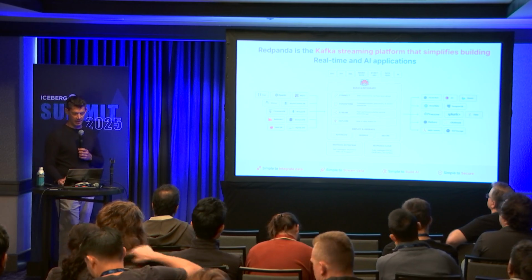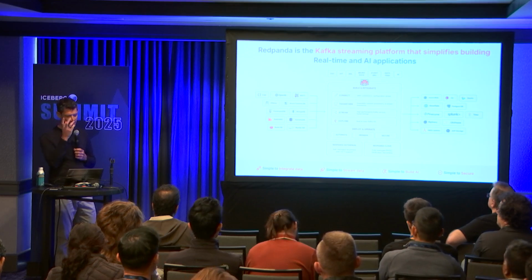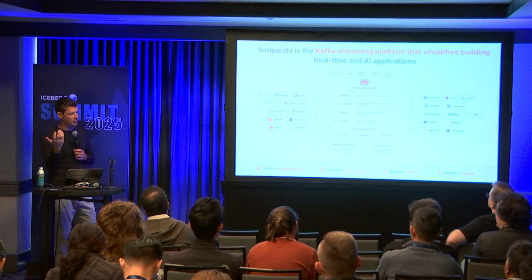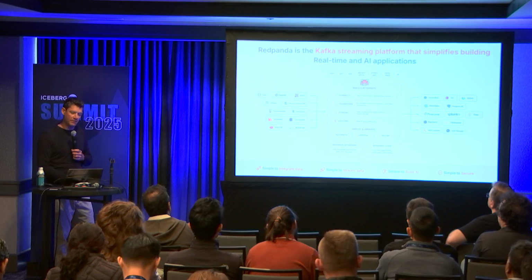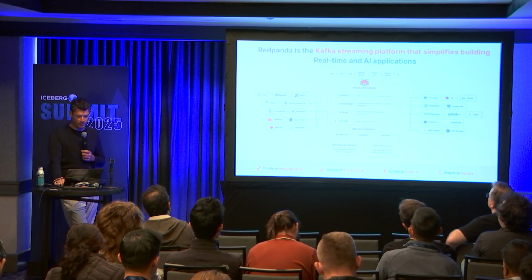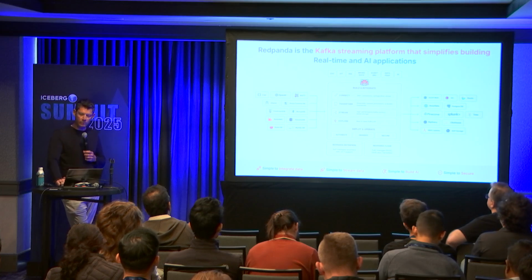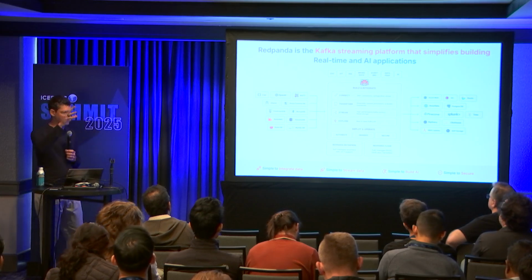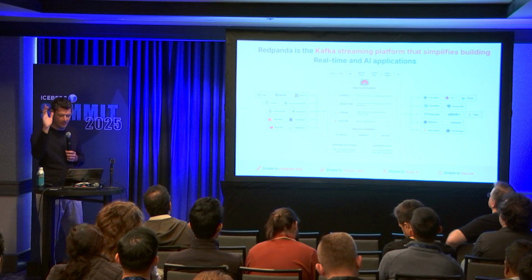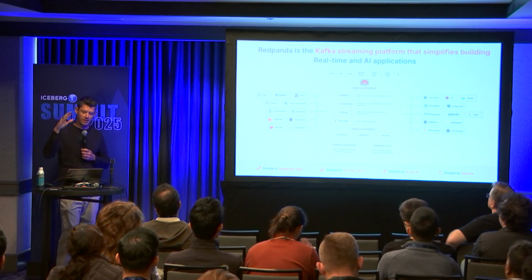We have a WebAssembly-based virtual machine that runs inside of our broker for simple single message transforms, way more efficient than anything else. You can also build more complete pipelines in a YAML-based low-code framework, which we call Redpanda Connect. We acquired a really popular open source project called Benthos, which you may have heard of, which is where a lot of these connectors come from. So you can build more sophisticated pipelines if you want to join and aggregate topics together, or call out to AI frameworks like Ollama, OpenAI, Vertex AI, a whole bunch of things, or land data in your Lakehouse, which is what we're mostly going to talk about today.